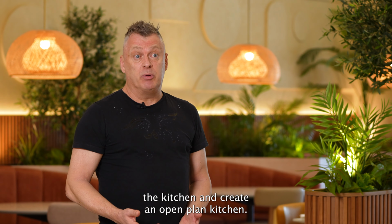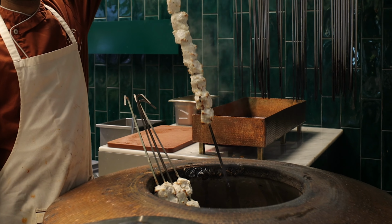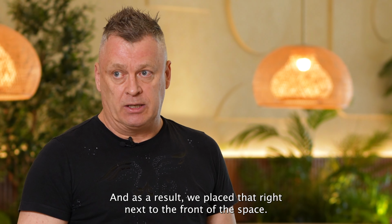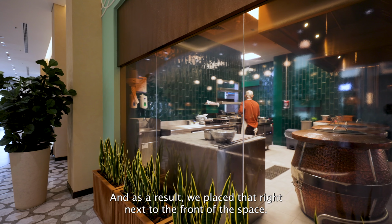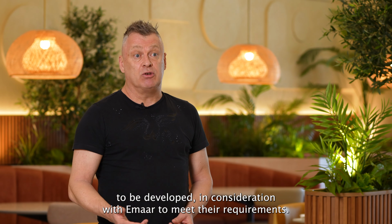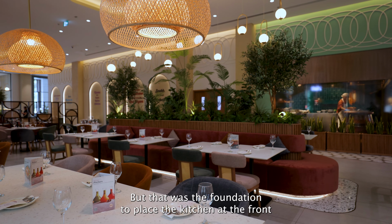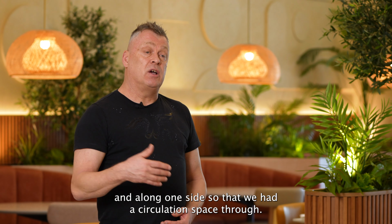We wanted to showcase the kitchen and create an open plan kitchen such that the guests could see transparently the food that they were going to be eating. And as a result, we placed that right next to the front of the space. Not commonly done here within the mall and needed to be developed in consideration with EMAR to meet their requirements, but that was the foundation to place the kitchen at the front and along one side so that we had